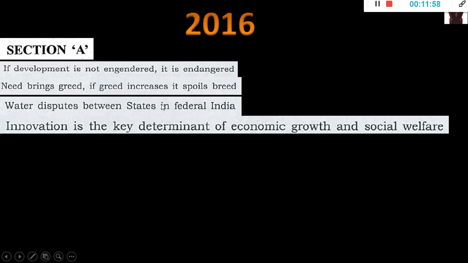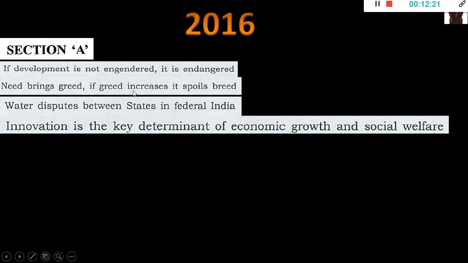Always be careful that if you are also selecting that easy one like everyone, you should make sure that your answer has something which stands out from others. Okay, something which you may have read yourself, maybe only you have seen. Like I told, only some students will read or see Rajya Sabha TV. Okay, so contents from that, or only some students will read the Kurukshetra magazine or something. So contents from that. So something which only you have, it has to be there in the answer if you are choosing the easiest topic.